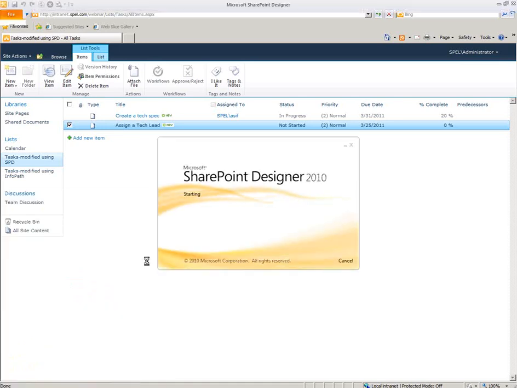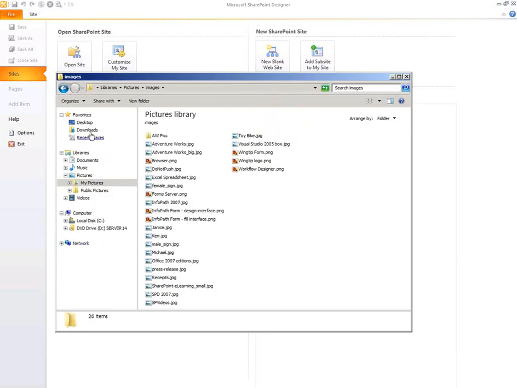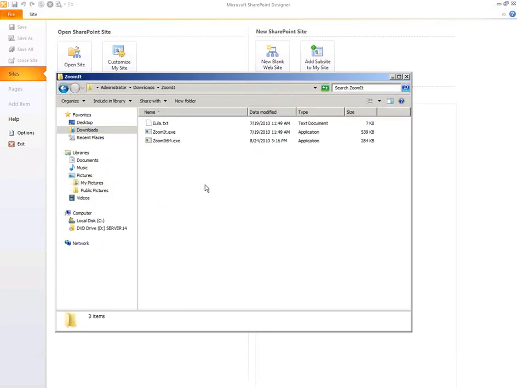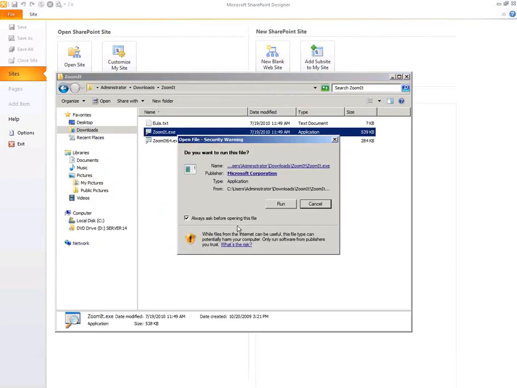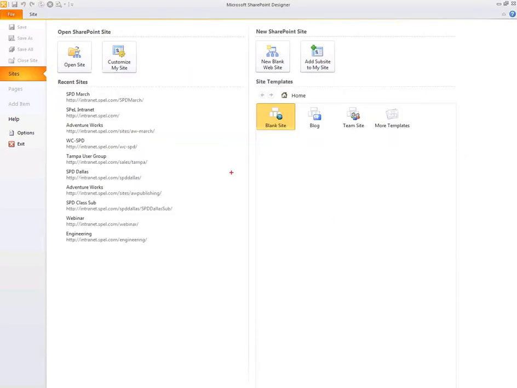Once again, SharePoint Designer 2010, free to download. There's actually two different versions of SharePoint Designer. Something good to point out. Oh man, I lost my zoom capability. Hang on a second. I like using this tool called ZoomIt to be able to draw on the screen. So there we go. Okay, so there's two